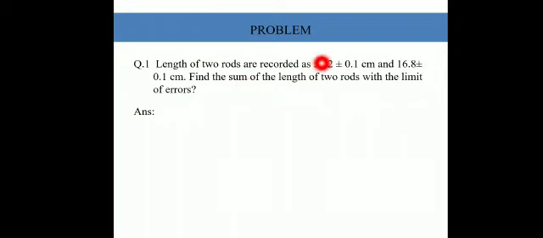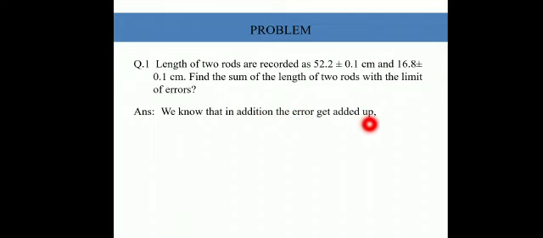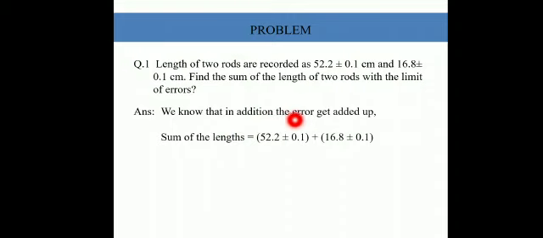So when we add the two values, definitely there is going to be error in the final answer. And we know that in addition the error gets added up. So how to calculate it? We are supposed to find the sum of the lengths of two rods. So the sum will be the length of the first rod plus the length of the second rod, right? And then we know that the absolute value of the first and the absolute value of the second rod